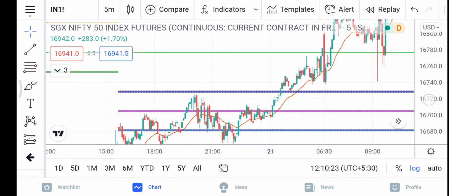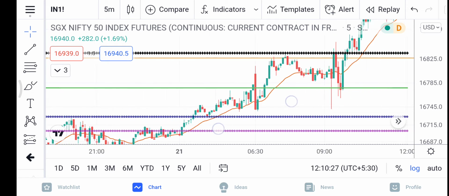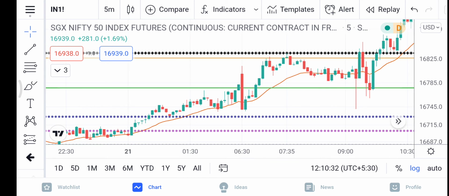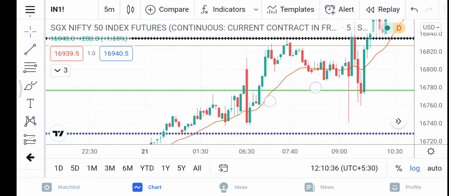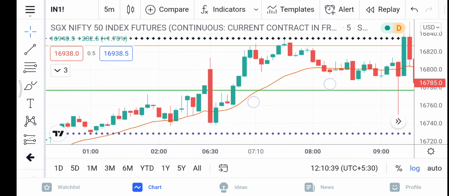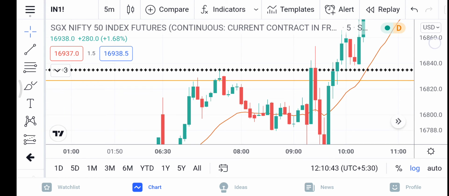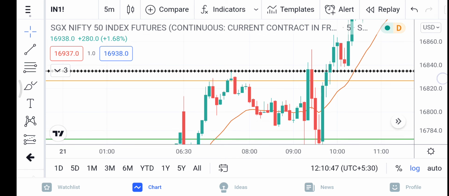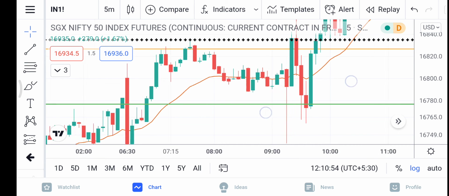Our market opens at 9:15. Before that the market even broke the weekly support. This green horizontal line which you are seeing is the weekly support. So when our market opened, it faced resistance near this monthly low. So from that it fell. And by seeing that I went short in Nifty and I booked my profit near the weekly support.